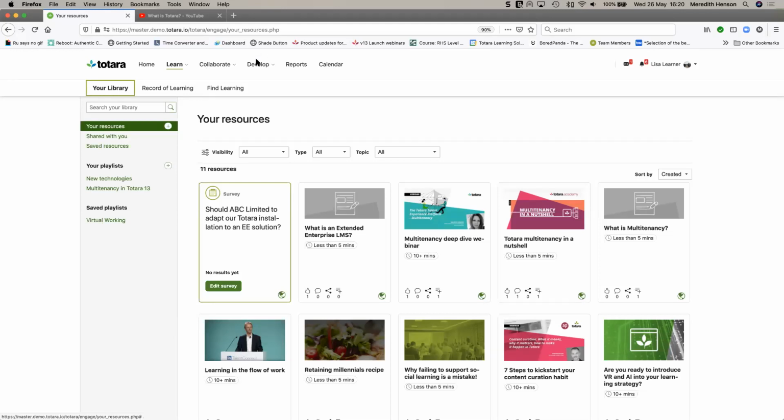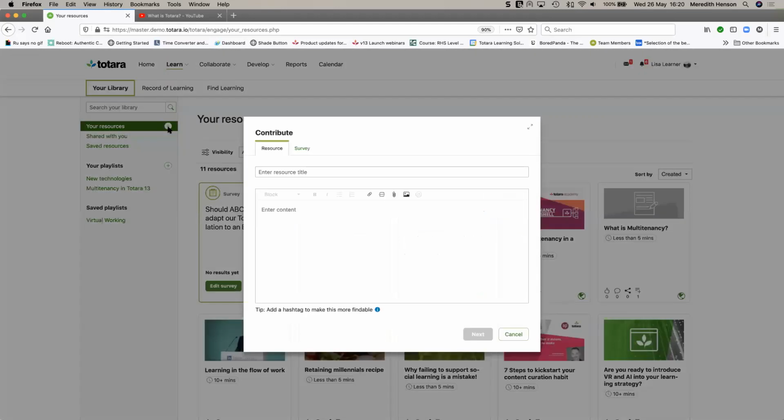What it does allow you to do is for a user, whether you allow them or not, you can specify, but in this case, the default is learners can create content, is to create these smaller pieces of informal or socially driven pieces of learning. And there's two different types of content you can create. You can create a standard resource, example 1, 2, 3, and there's a range of editing options. You can add in here like bullets and numbering, etc.